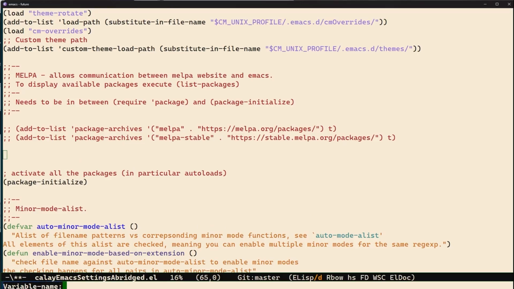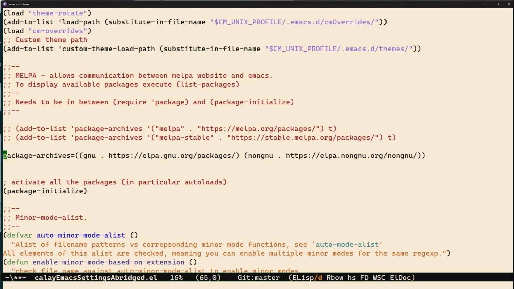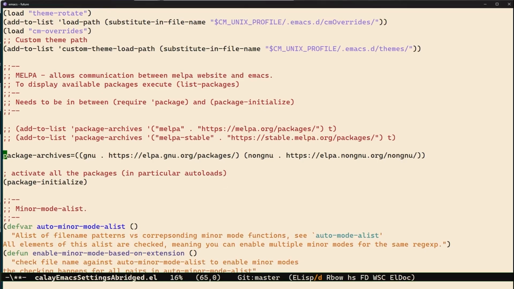I created this little function that inserts into the active buffer a variable and its value. You can see right now the variable package-archives is only pointing at the